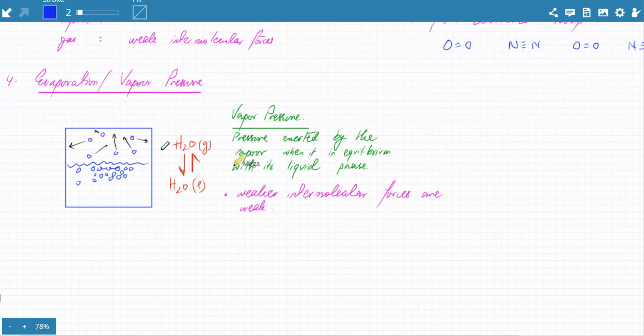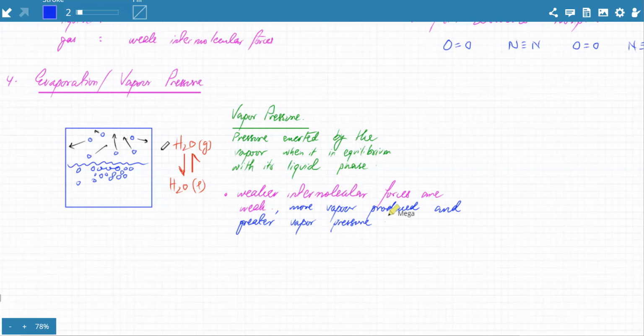Okay, Amal, is this clear? So more vapor would be produced, and there's going to be greater vapor pressure. Okay, there's going to be greater vapor pressure. So, anyways,